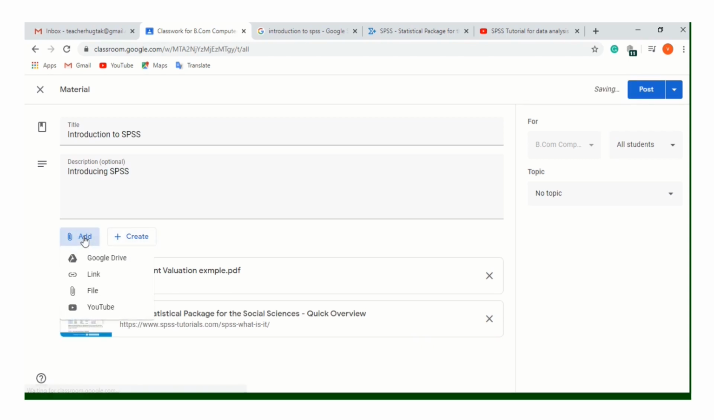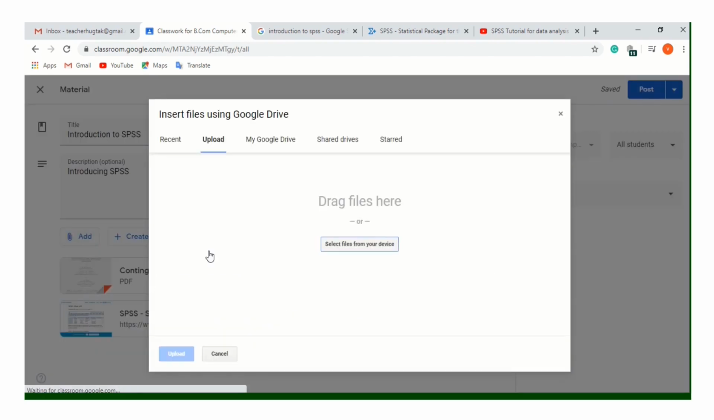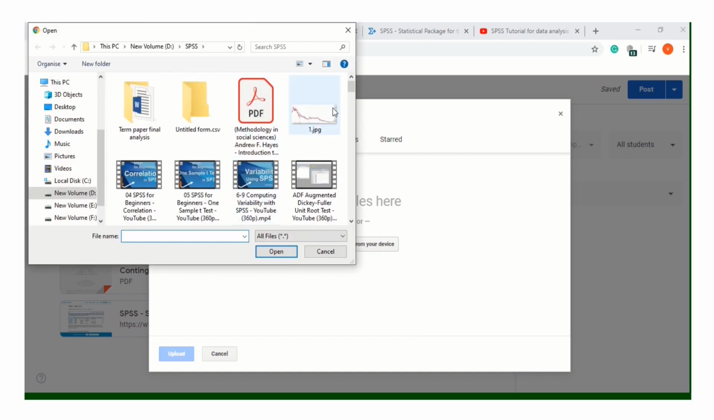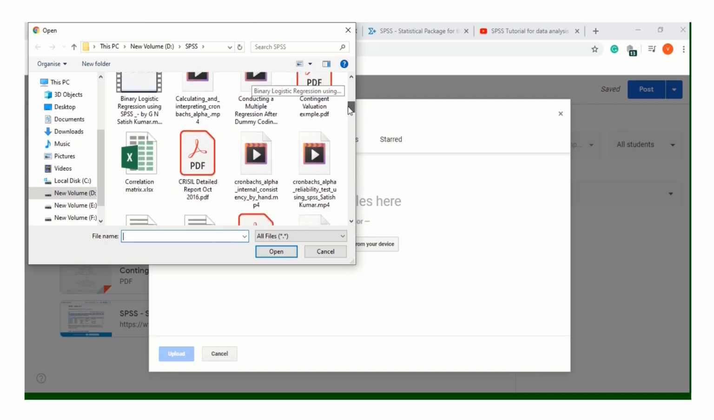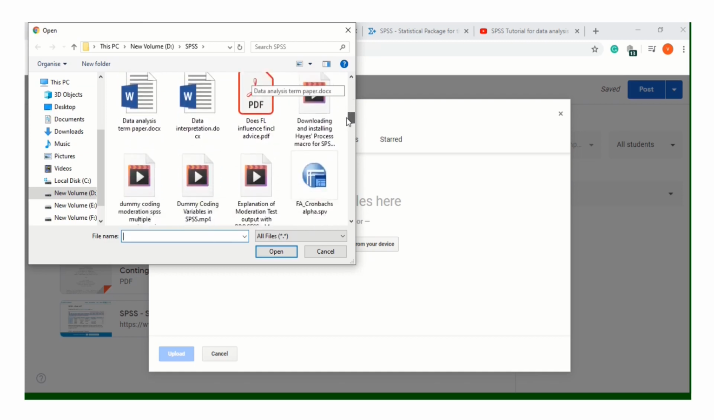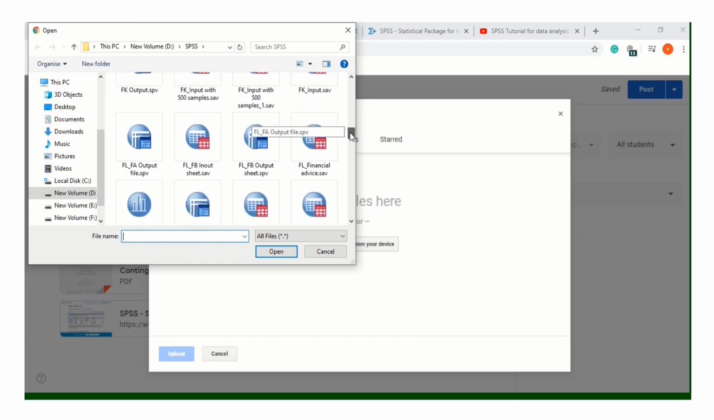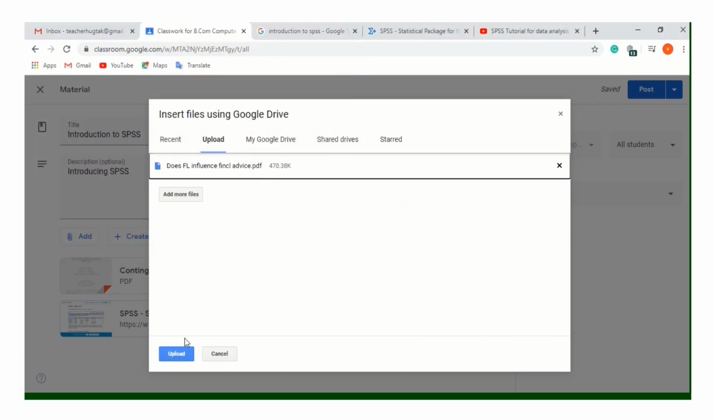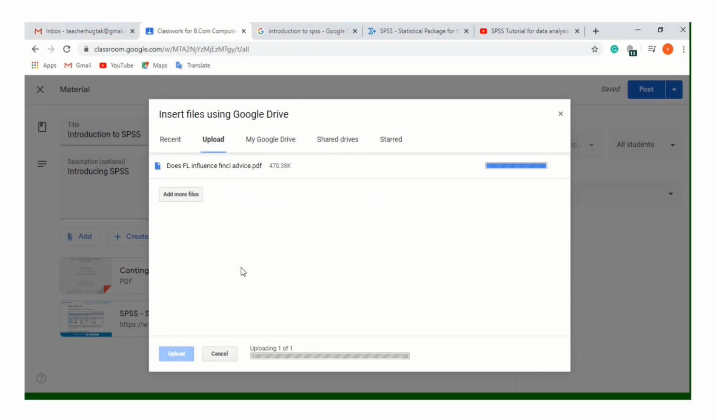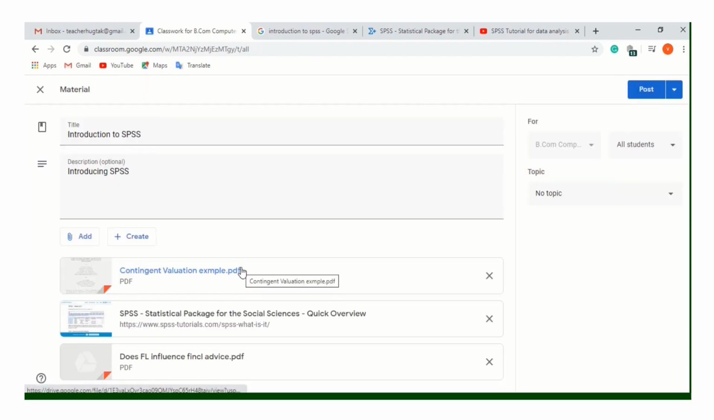And the next option is file. So through this option I can add any file from my device, and it can be any file. So I am adding one file just to show you an example. So I have inserted one file,